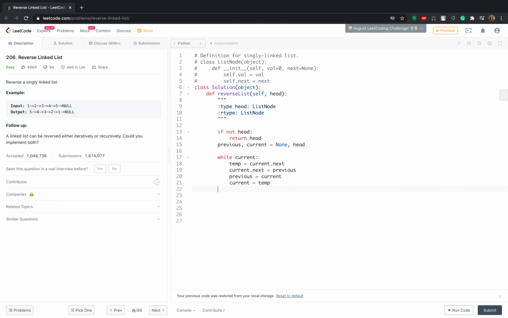Then you print previous to understand what previous is, because current will become null. So to understand what previous is, we print previous dot value, and then you return the previous.